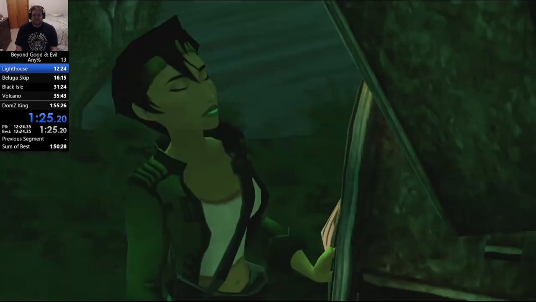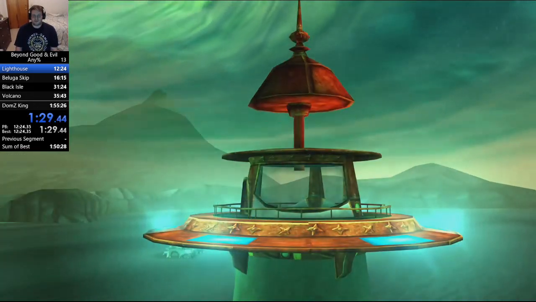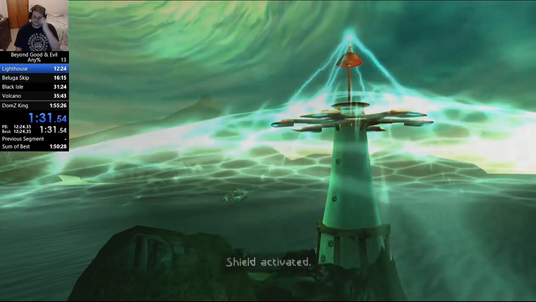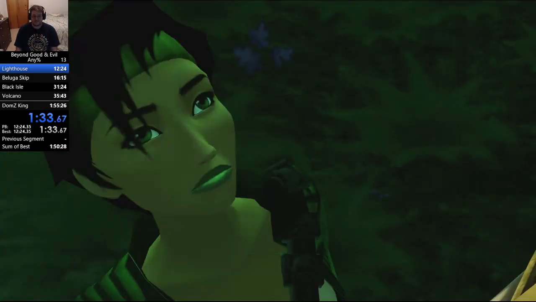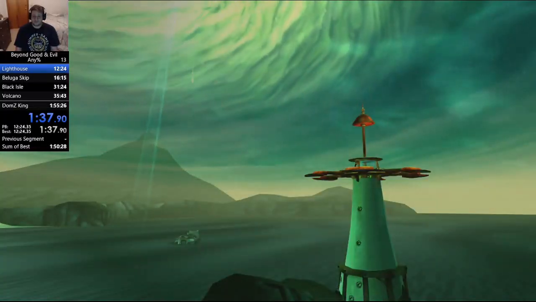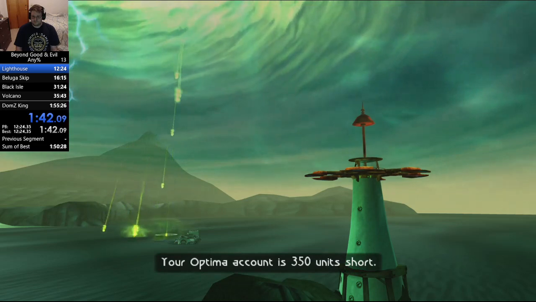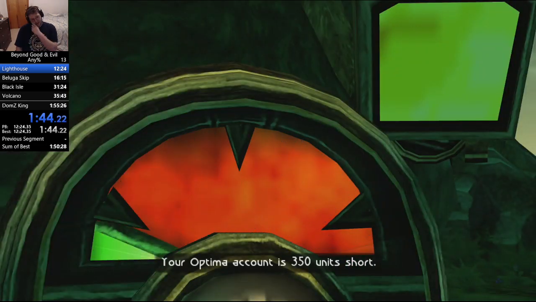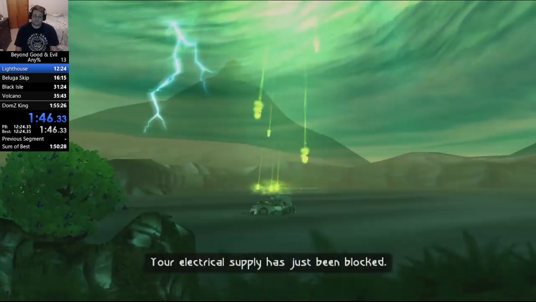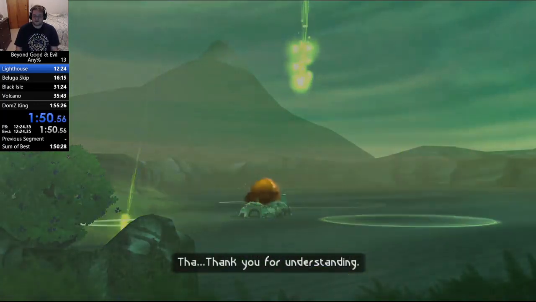Okay. I'll take care of the shield. Shield activated. Shield disabled. Your Optima account is 350 units short. Your electrical supply has just been blocked. Gotta be joking! Thank you for...